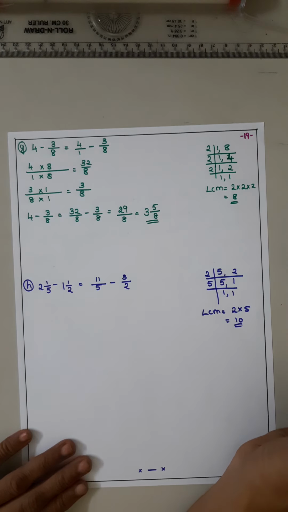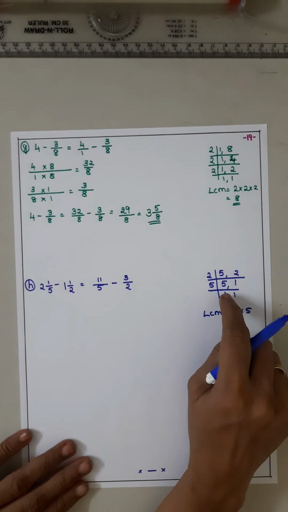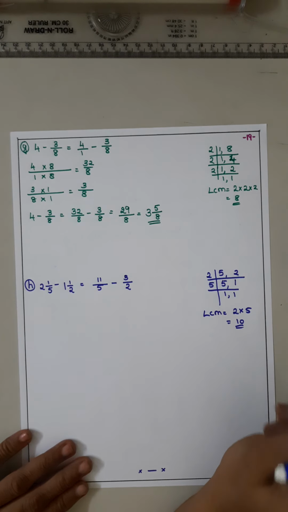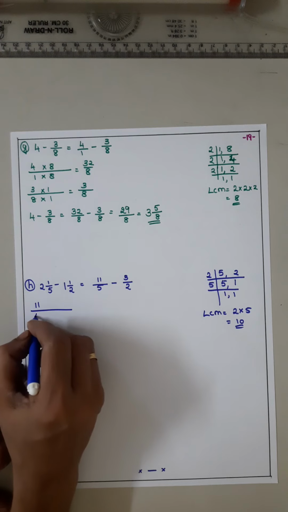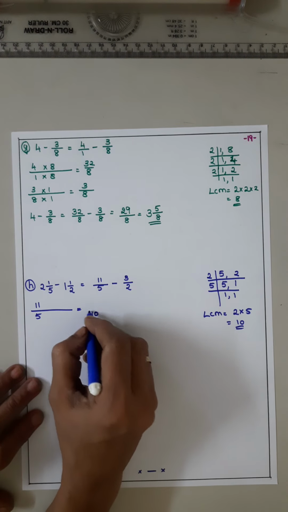There is a rule. आप लोगों को प्राइम नंबर्स का टॉपिक हुआ है ना? Whenever both the numbers are prime numbers, just multiply the prime numbers, that is the LCM. That is another rule. Okay, so to find out the LCM, if the numbers are prime numbers, then multiply, the product will be the LCM. 2 and 5 are prime numbers.